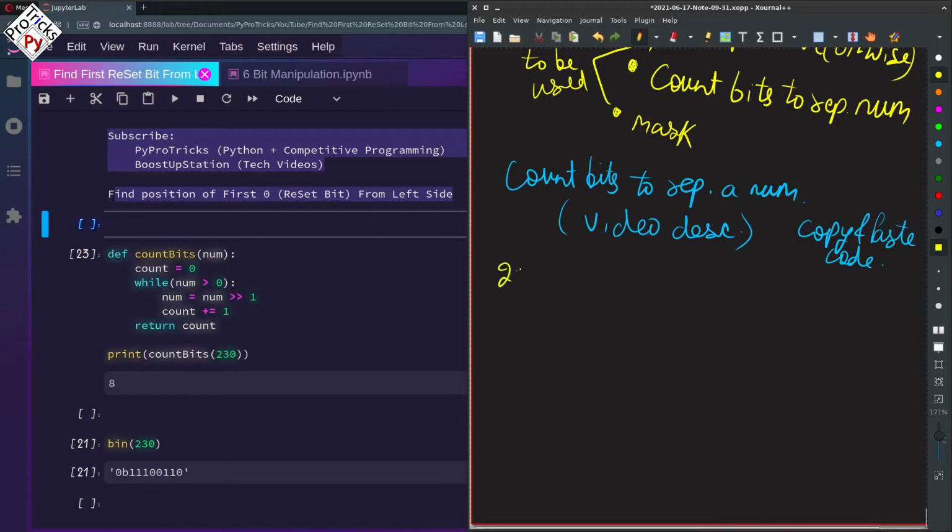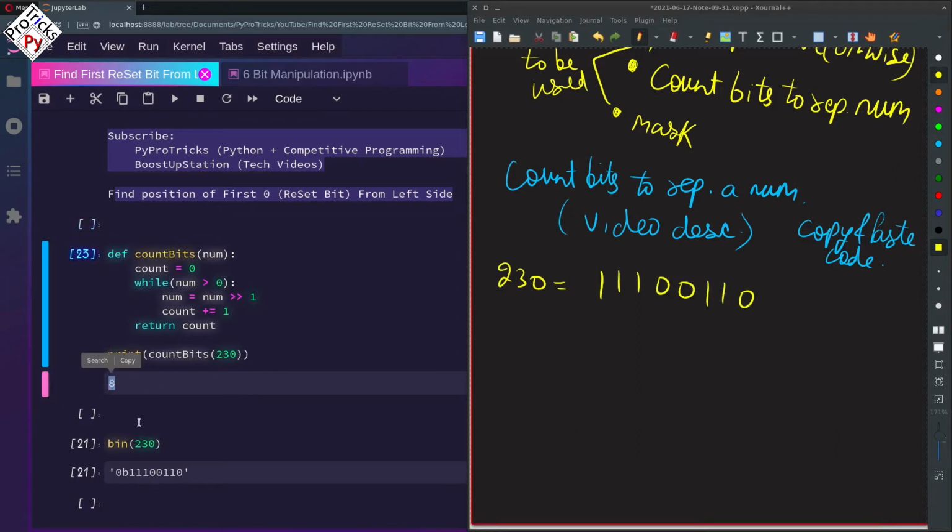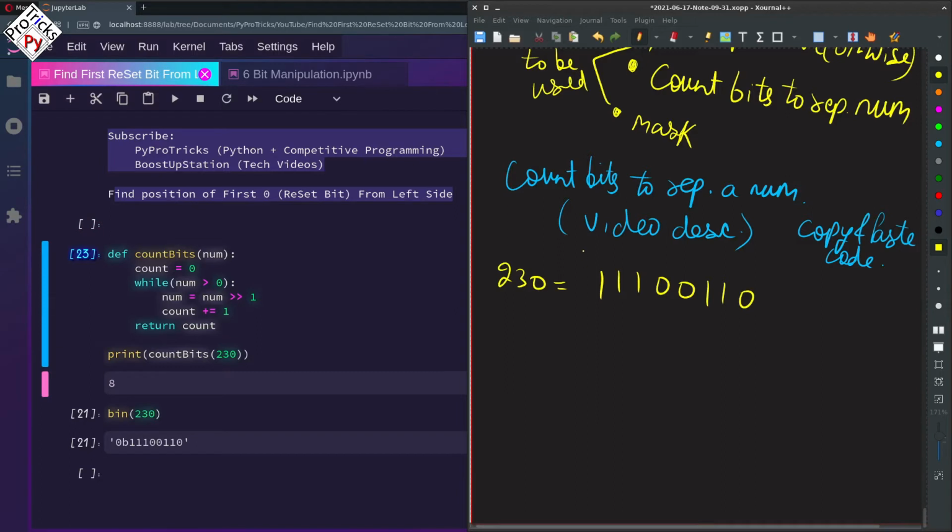So this was the binary representation of our number, 11100110, and we have 8 bits. Total bits here are 8 bits. So we will start creating a mask from 8 minus 1 bits.